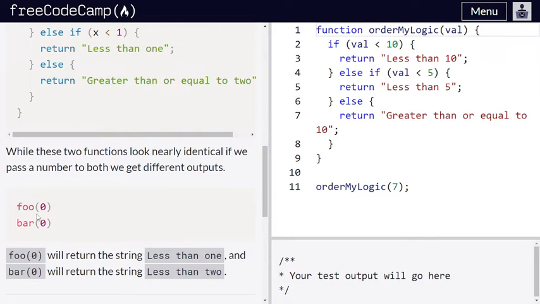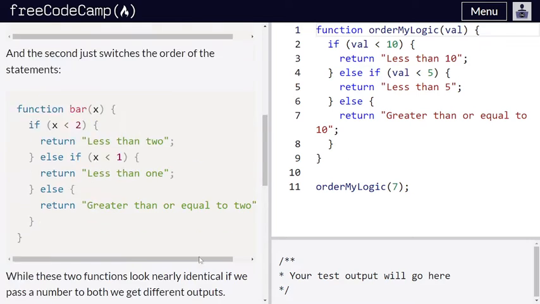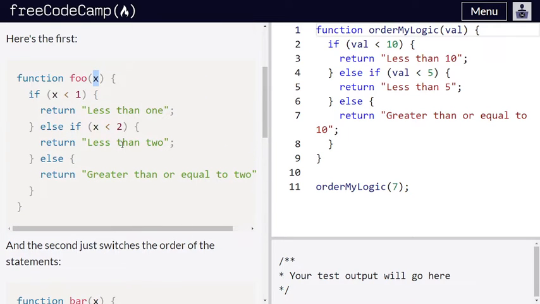So foo(0) and bar(0). foo(0) will return the string "less than 1". So if you put a value of 0 here, then it will return "less than 1".